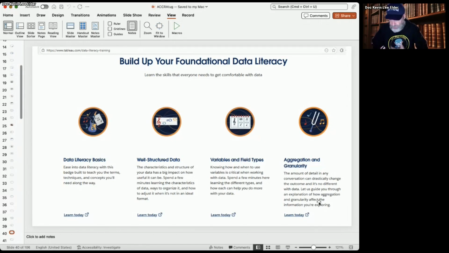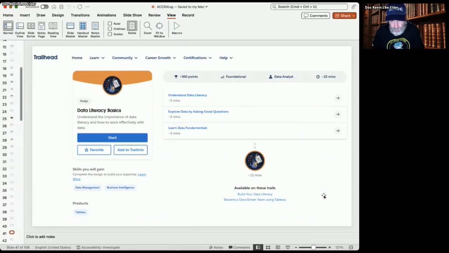It's a constantly changing field, and to understand your data and what you can do with that data, everybody needs to learn some of these basics. So what are variables? What are field types? How could I change from a text field to a number field? Why would I want to do that? Why would I not want a zip code to be a number? Why would I not want somebody's ID number to be a number? I actually want that to be a text field so that I can use it to look up. How do I aggregate data and create the right level of detail in my charts? They have an entire training on each of those.